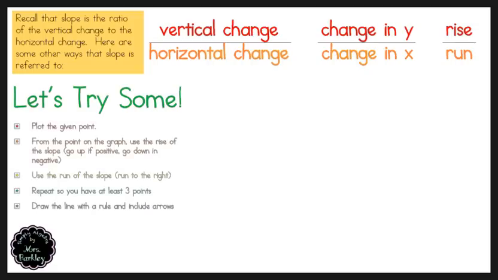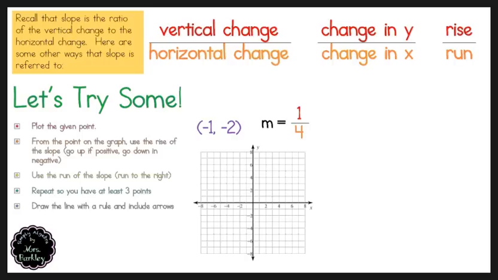So let's try some examples. If we are given the point -1, -2 with a slope of 1/4, on our coordinate plane we are going to start with the ordered pair -1, -2. Our x value is -1, so we are going to go to the left 1 and down 2 to plot our ordered pair. And then we are going to use our slope of 1/4. Our slope is positive, so that tells us that we are going to go up 1 and to the